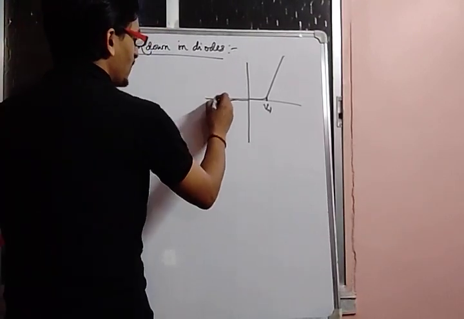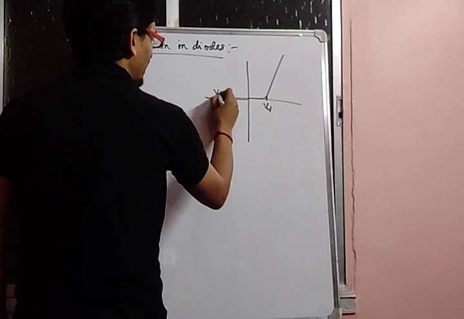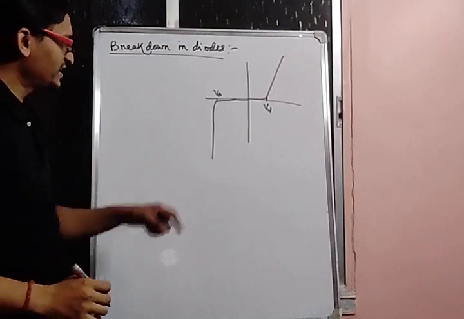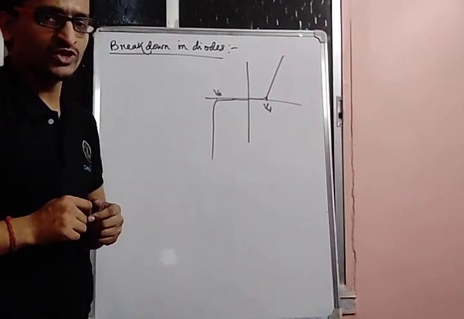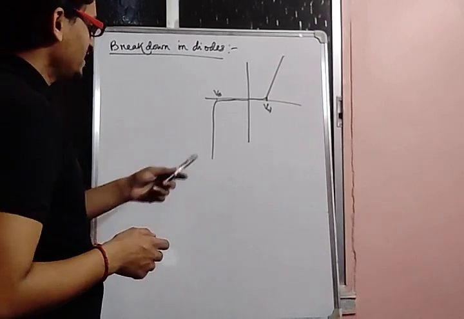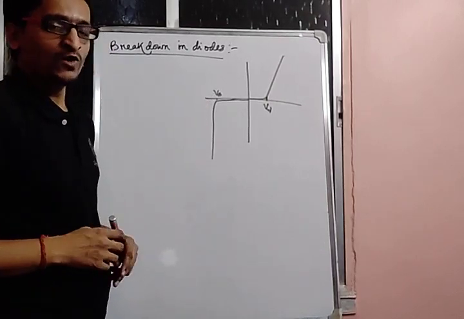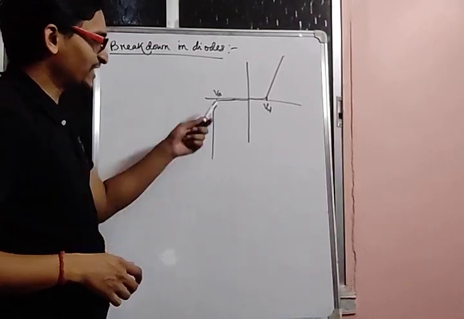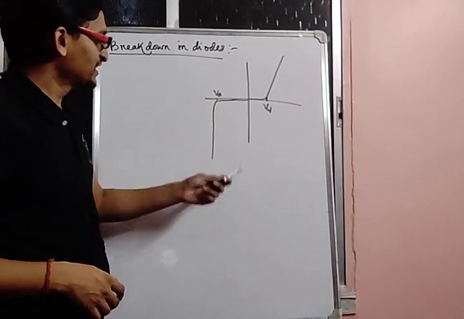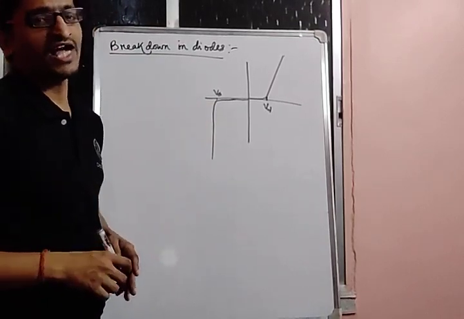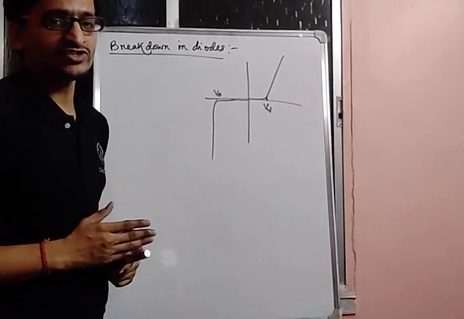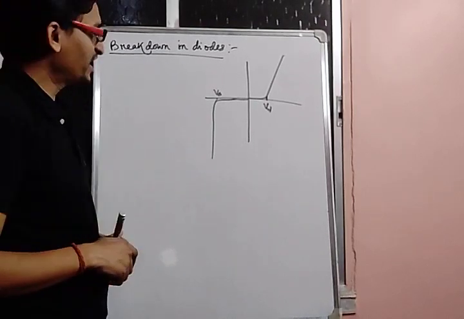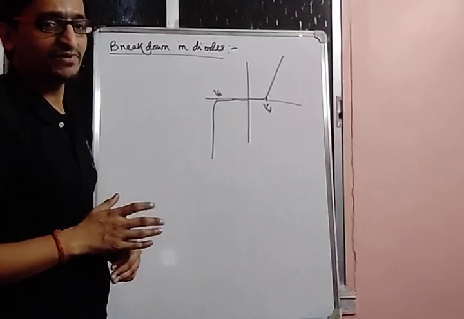This continues unless and until a certain voltage is reached. At this voltage, suddenly the current flowing through the diode increases to a very high value. At this stage we say that the diode has gone into the breakdown region. When we go on increasing the reverse bias voltage, at a particular voltage the current flowing through the diode suddenly becomes very high. At that instant the voltage across the diode more or less remains the same, and we say that the diode has gone into the breakdown region.